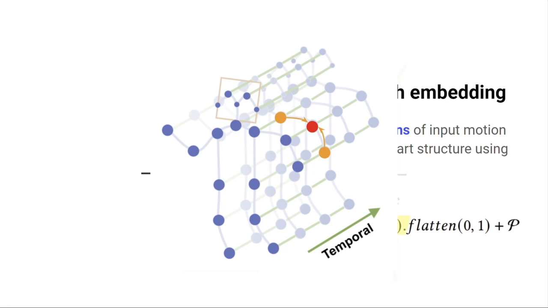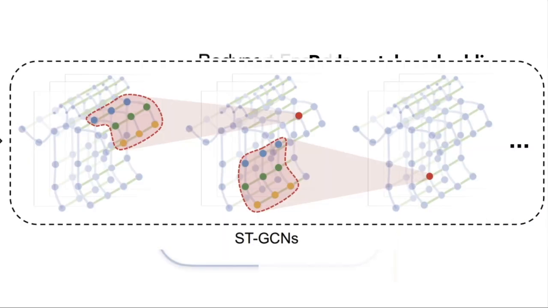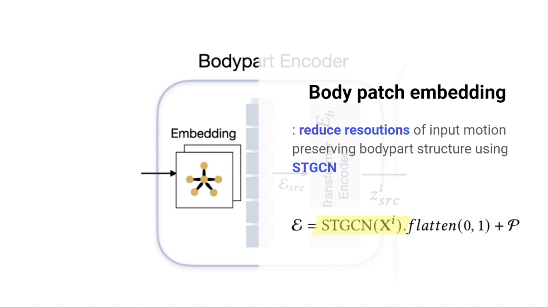This state would be GCN, but STGCN takes temporally adjacent nodes into account. So this left elbow will contain information of not only left shoulder and left wrist, but also information of the left arm of previous frame and the next frame. Just like this. Then, we flatten the motion data while preserving the positional information by adding positional encoding with learnable